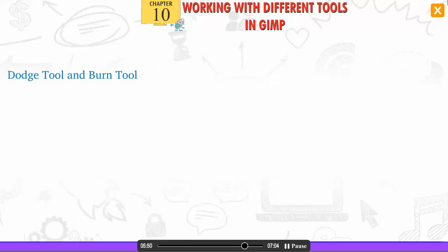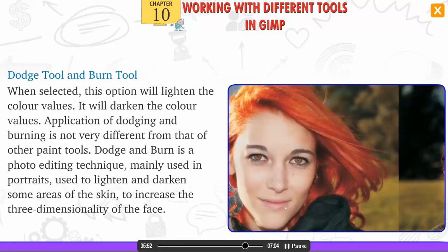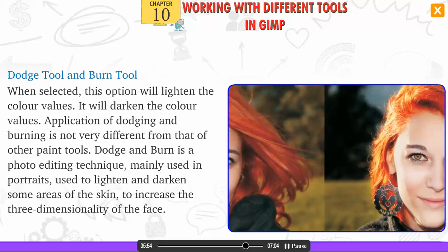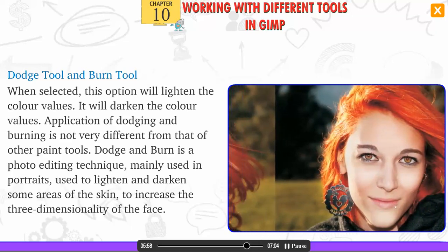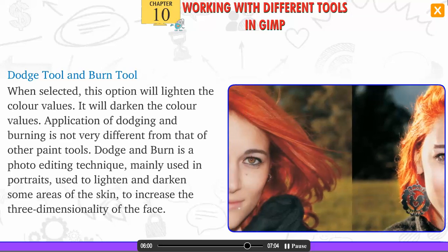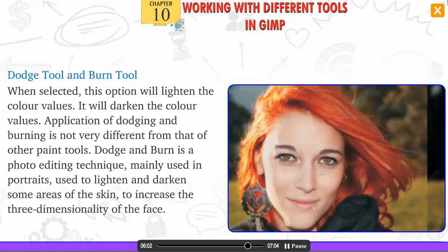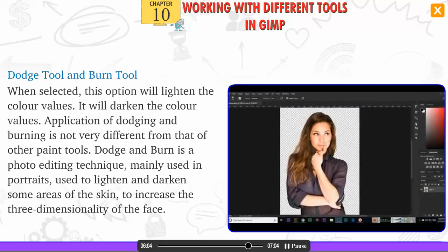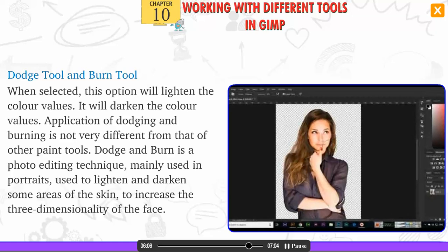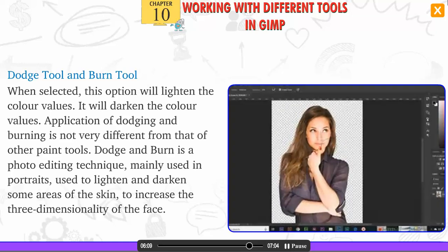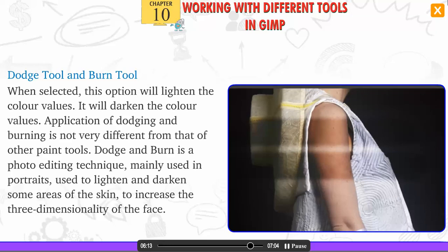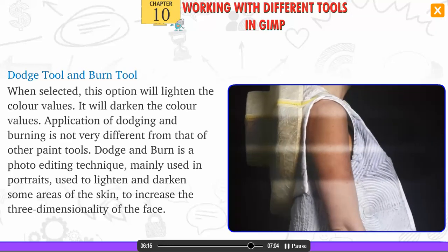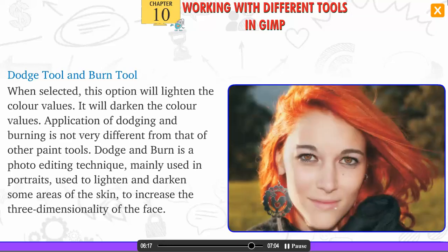Dodge tool and burn tool. When selected, this option will lighten the color values. It will darken the color values. Application of dodging and burning is not very different from that of other paint tools. Dodge and burn is a photo editing technique mainly used in portraits, used to lighten and darken some areas of the skin to increase the